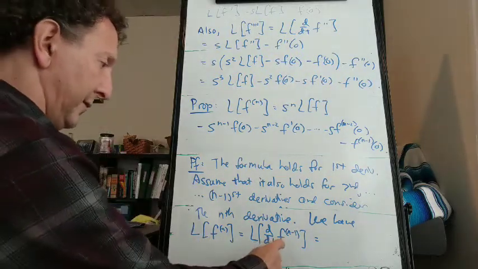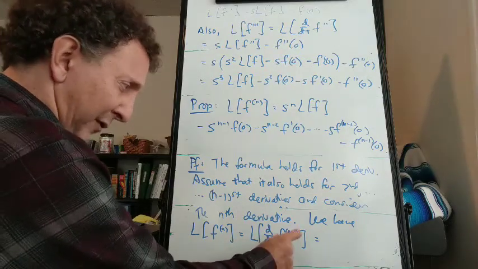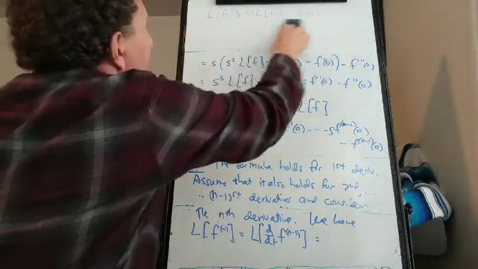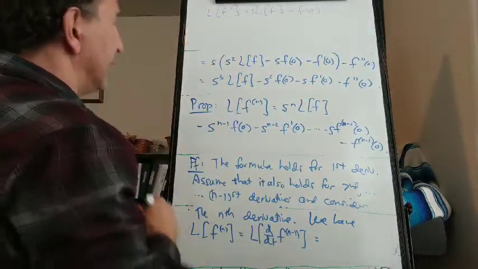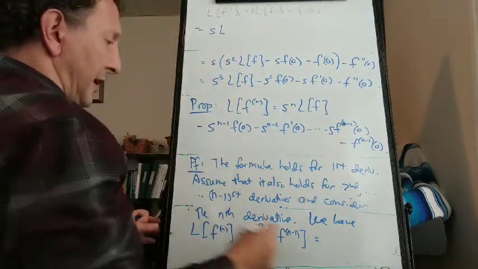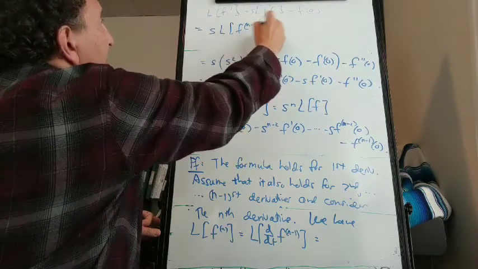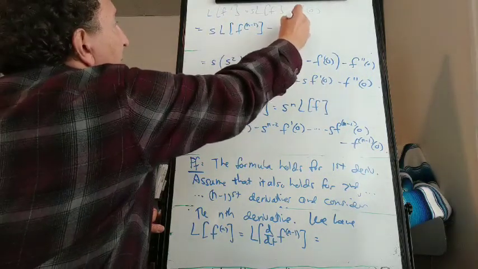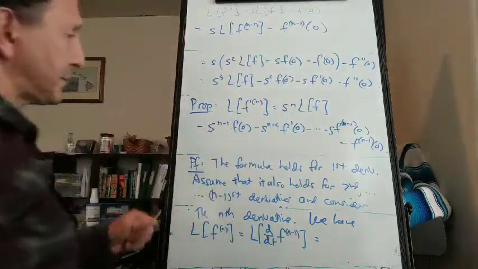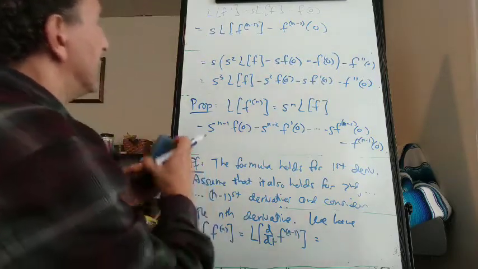So temporarily treating the n minus first derivative as just a function, we can use our original formula to say that this is s times the Laplace transform of the n minus first derivative minus the n minus first derivative evaluated at 0. And now, assuming that we know the formula for this,